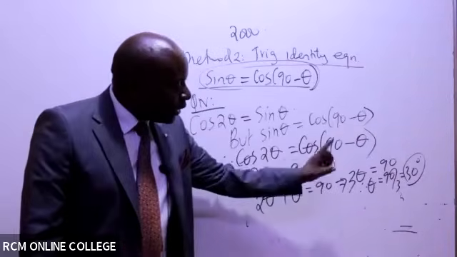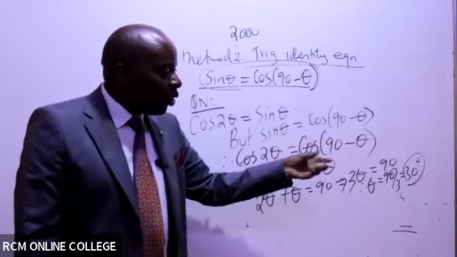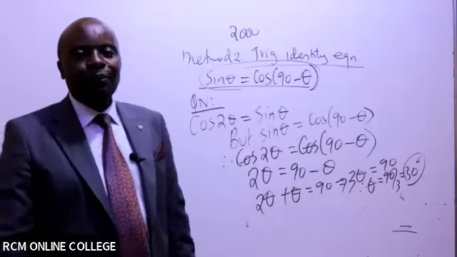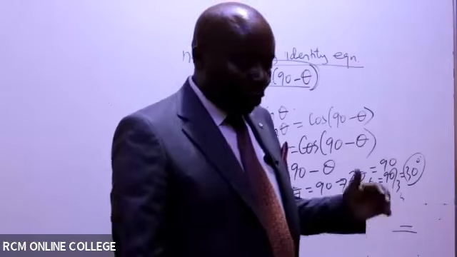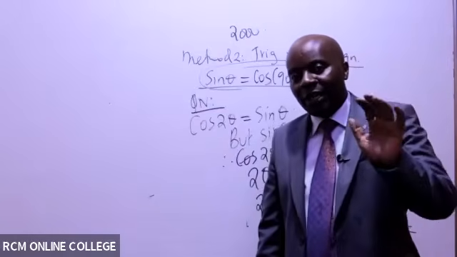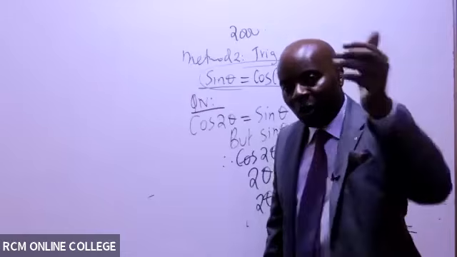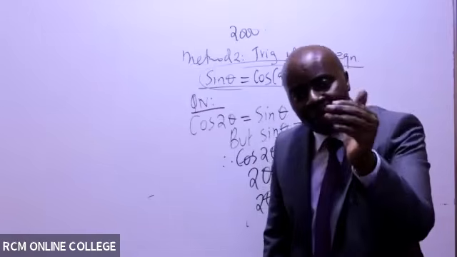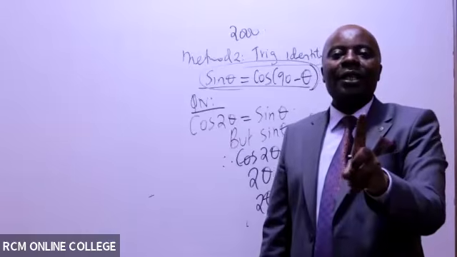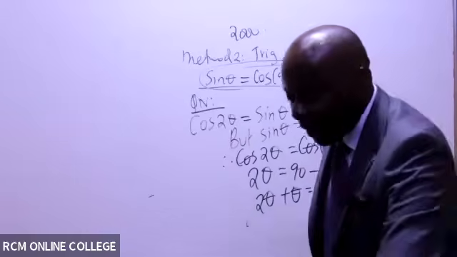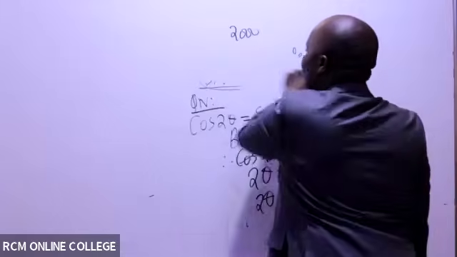And once you get this, I don't know whether there is somebody who will be able to convert this to pi radians. Let me give you 1 minute. If I'm the 1 pi, I know pi is 180. So first of all, I will take 180 divided by the 30 I got here. When I take 180 divided by 30, I'm getting 6. And therefore, in this case, ladies and gentlemen, my theta